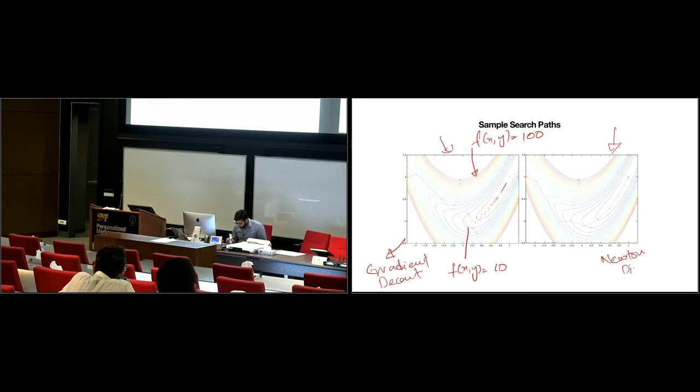Newton direction. With the Newton direction, you can see that it takes fewer steps to reach the minima. It takes 1, 2, 3, 4, 5, 6, 7, 8, 9, maybe 9 steps in this case to reach the minima. Whereas gradient descent can actually take quite a lot. So it's 1, then 2, and then a lot of fluctuation like this. But it does eventually reach the minimum. That's just to show you, because we would probably need it in some way.